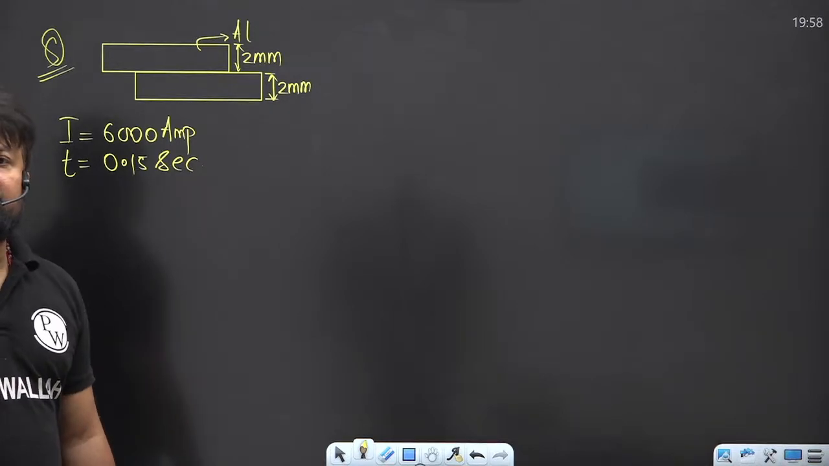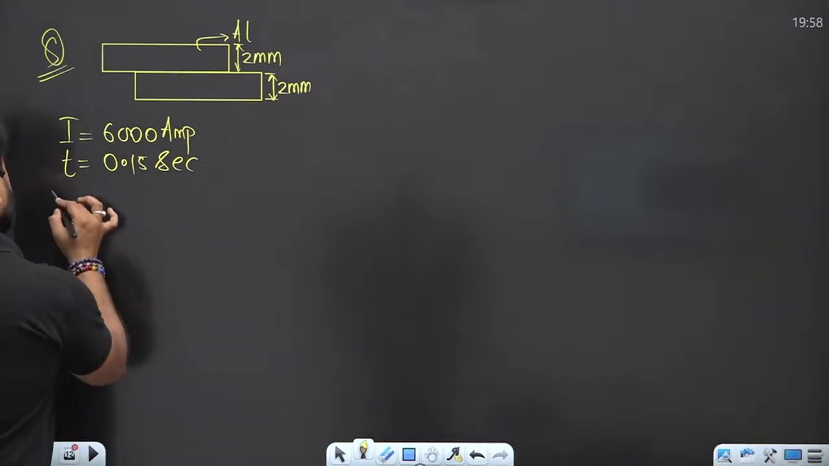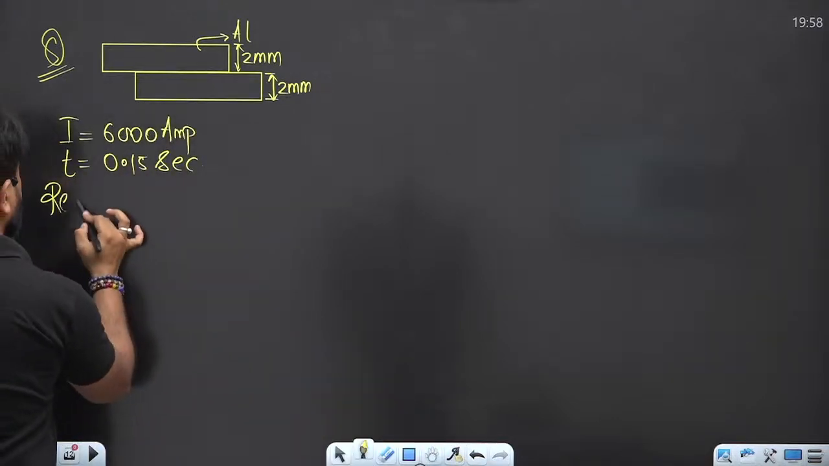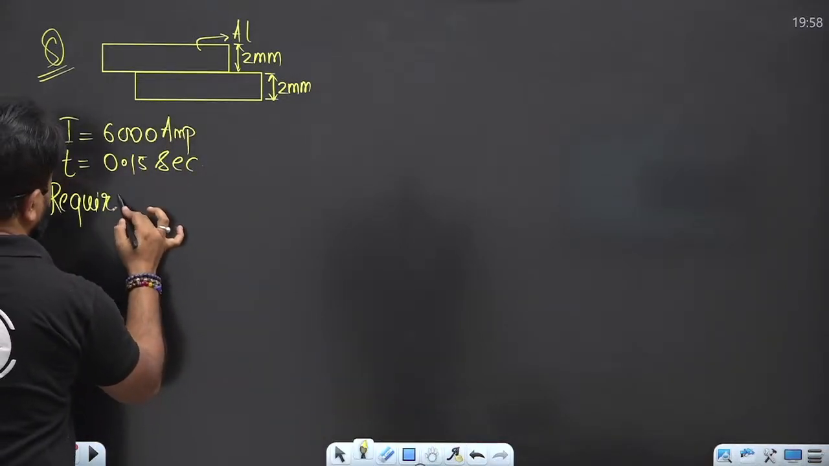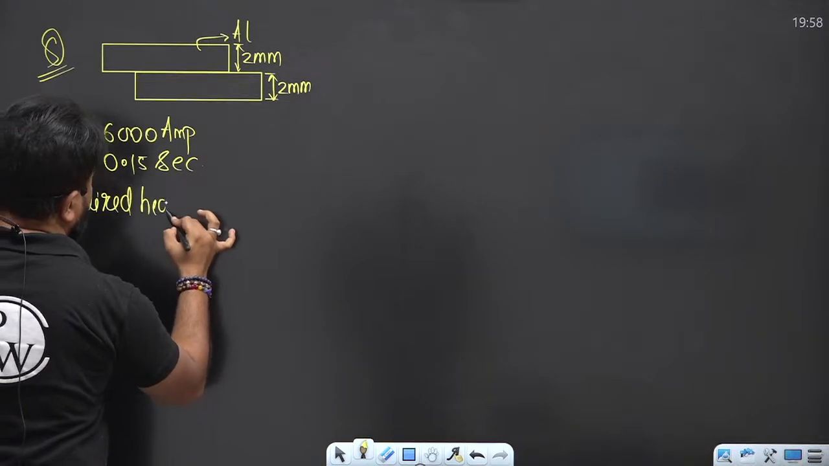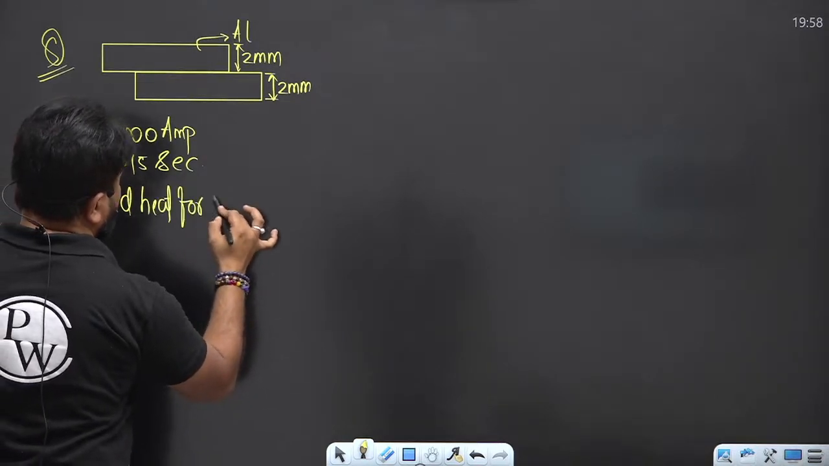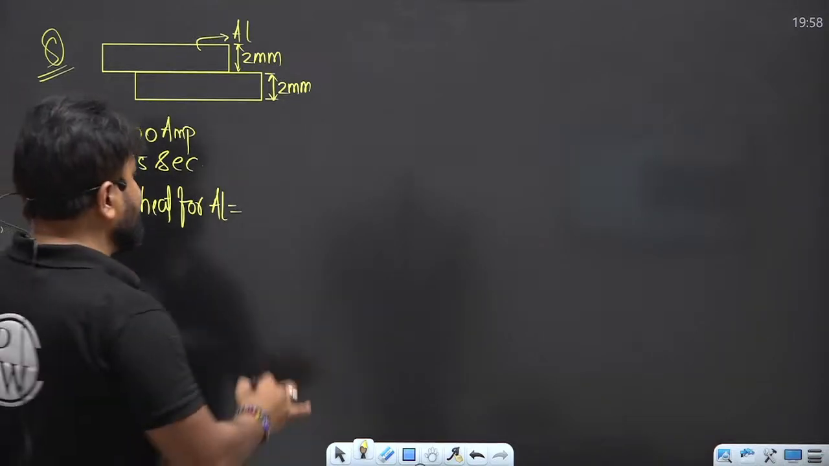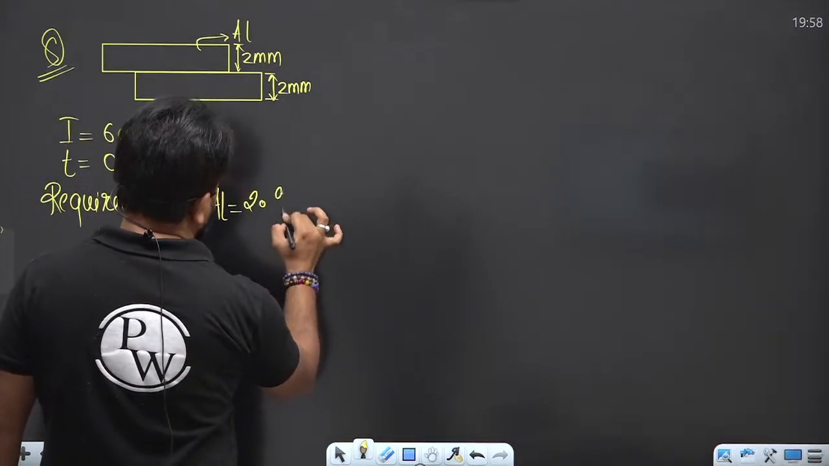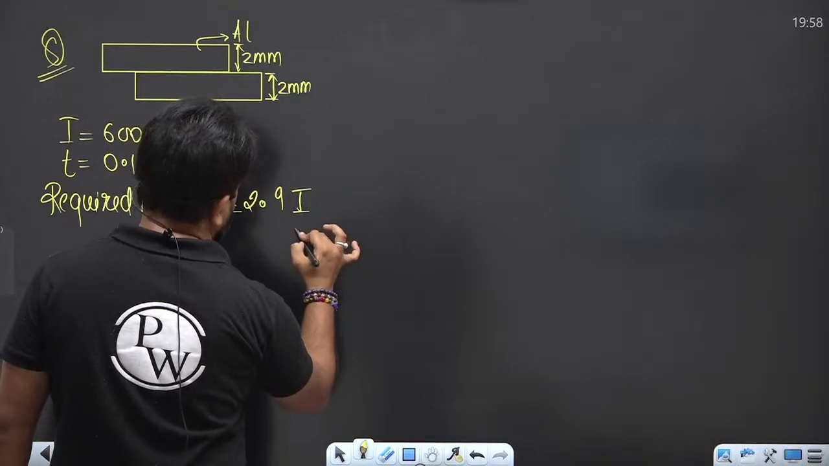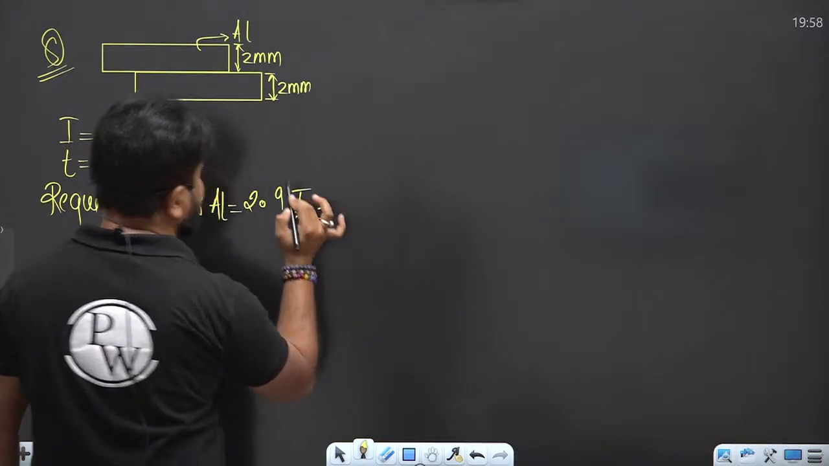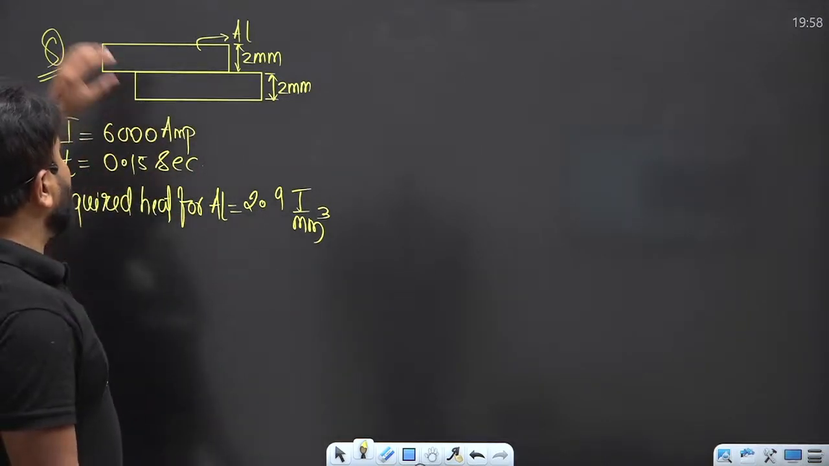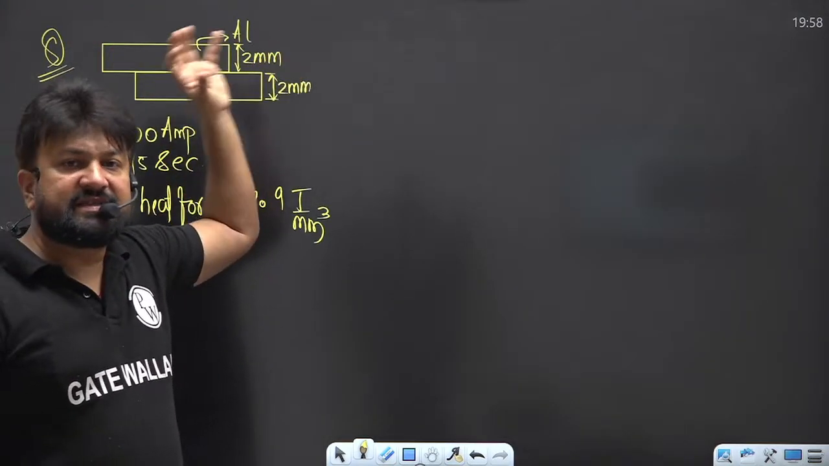The heat required for melting aluminum is 2.9 joule per mm cube. That is the heat required for the aluminum. And when you are doing the resistance welding,